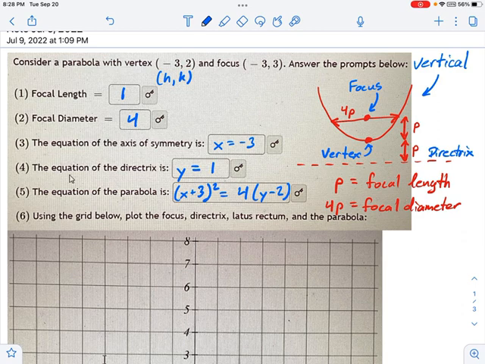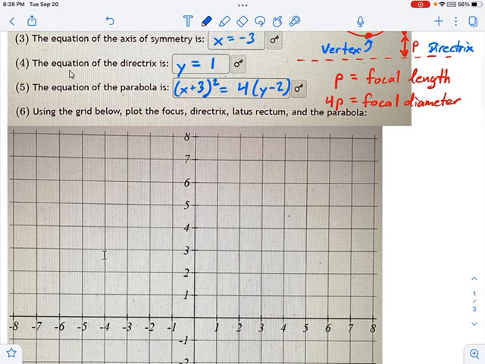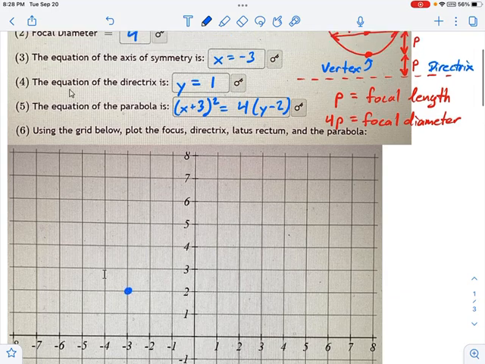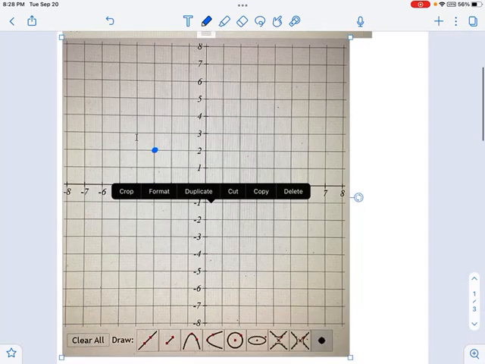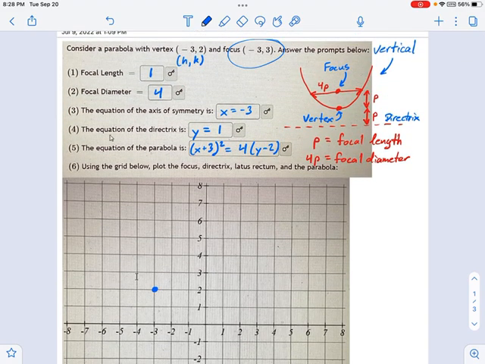And all that's left at this point is to draw the thing. So let's start with the vertex. I like starting with that best. It's at -3, 2. That's going to be right here. There's my vertex. And the focus is the next bit, this part right here. That's -3, 3. So I'm going to draw that here. And then, let's see what else we want. We've got the focus. I didn't actually need to plot the vertex. That's fine. So the directrix is going to be a line that goes across like this,